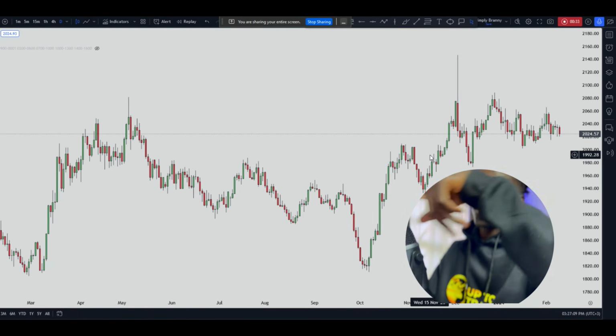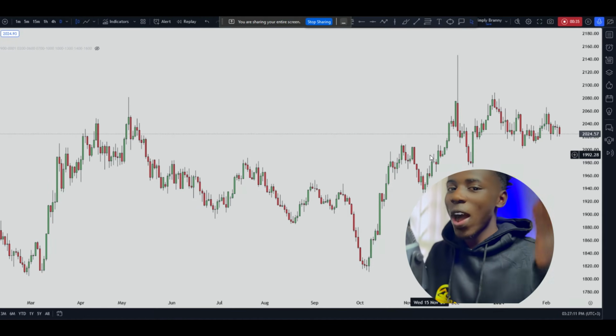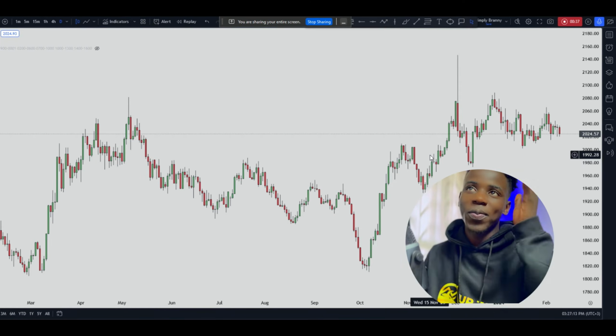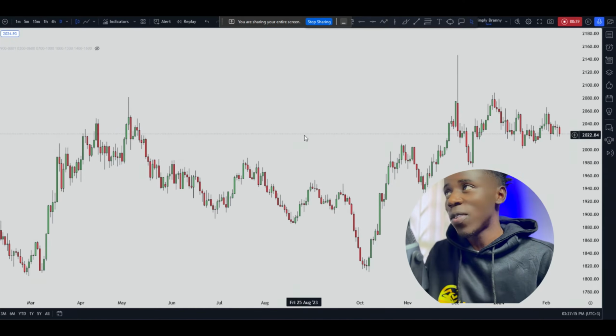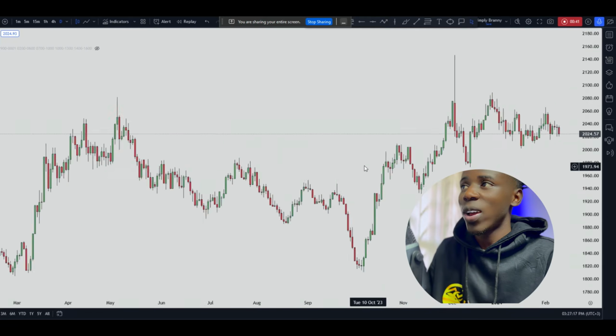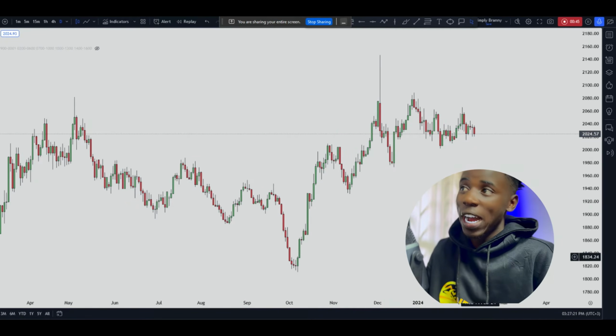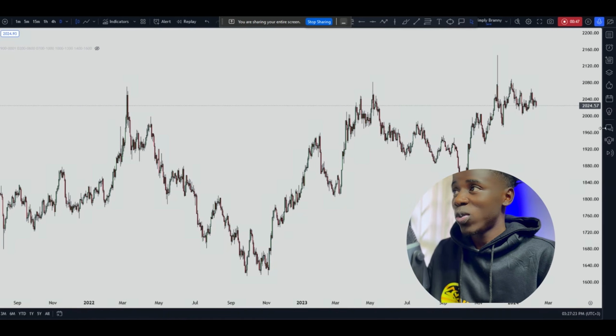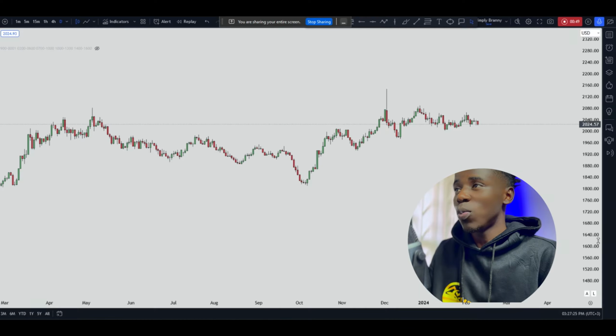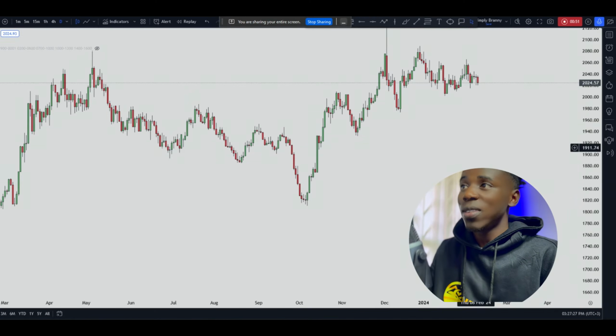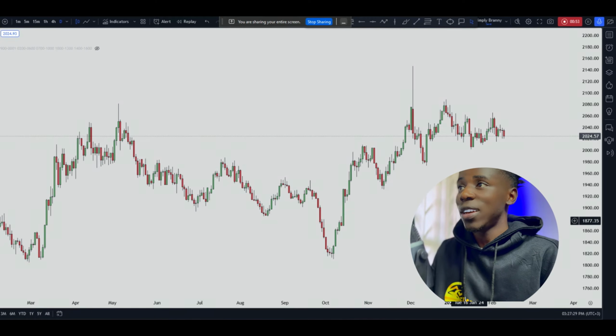Okay, let's go straight to the charts so that I can show you how I use the time frame. First of all, I really like the daily time frame. On the charts, if you can see right now, we are on a daily time frame, right? On the daily time frame, most of the time I don't do much. I don't do trend lines. I may make some small support or resistance in order to know the next direction and all of